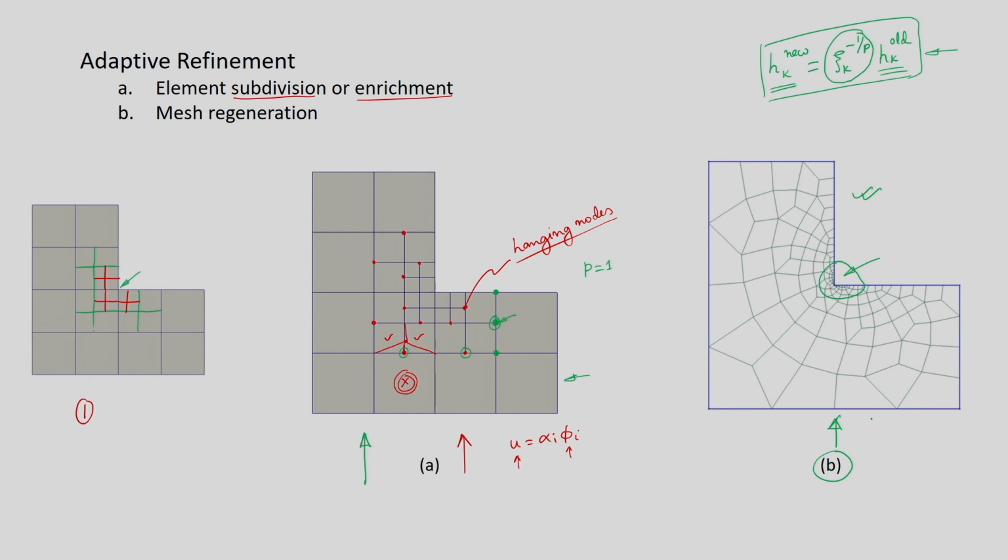But the mesh regeneration approach is very costly in terms of computational burden, particularly in 3D problems and time dependent problems, where generating a completely new mesh is very computationally expensive. So, that is why in most cases we use the enrichment approach. With this I will end this lecture on elasticity, and we will be discussing the eigenvalue problem in the next lecture.